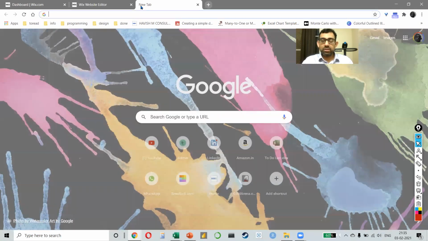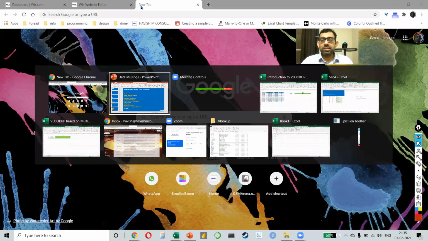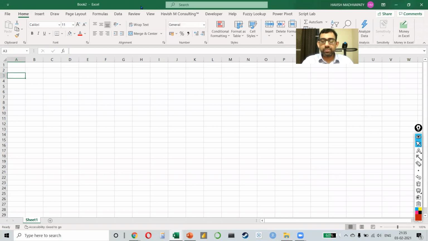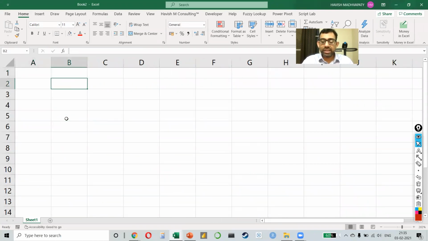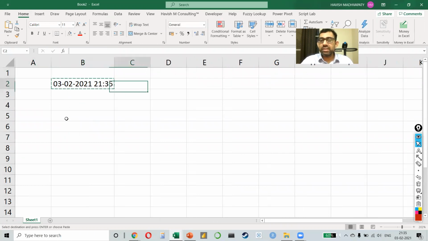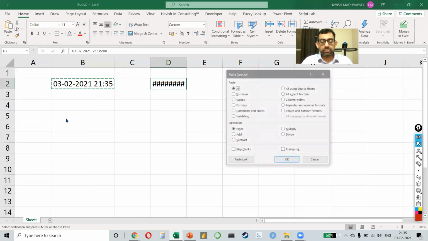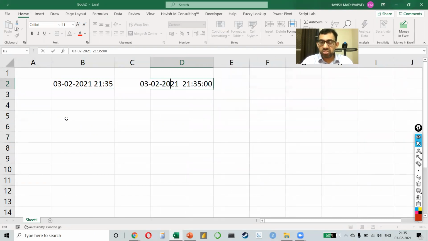I'll give you an example. A question that a lot of people ask me is, if I have, let's say, 2 data points. So we have the date and the time, and I have the date and the time here as well. Let's just change the result a little bit.